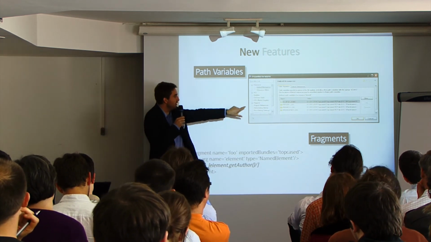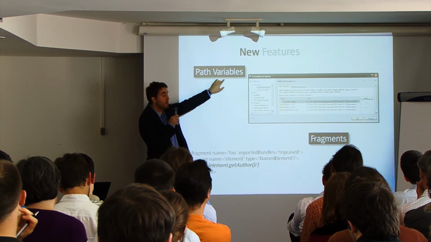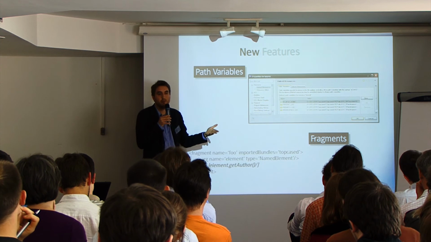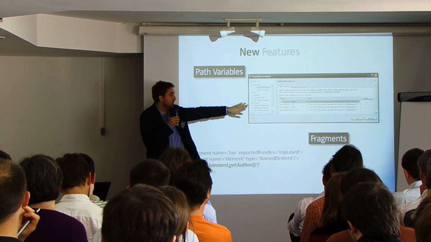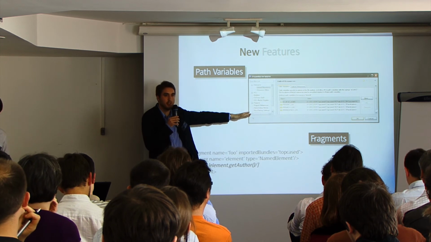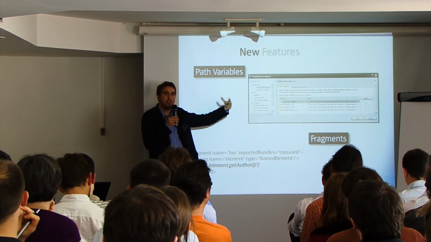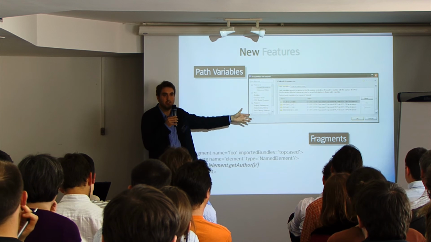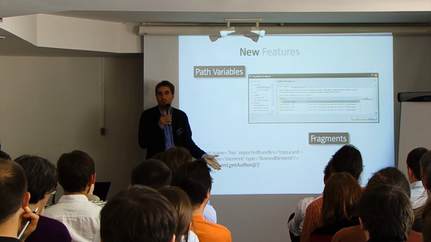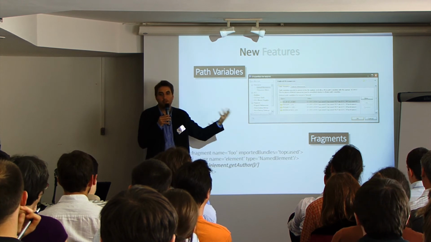One of the first features is the usage of path variables. It exists in Eclipse. We don't know why we have to reinvent the wheel. So you can deal with path variables: you put your template inside the Eclipse folder, and you can get those variables in your template. It's something very important for batch generation,